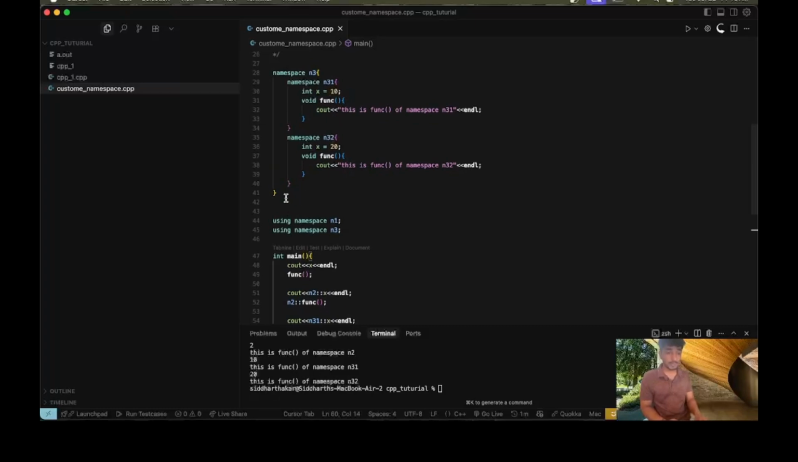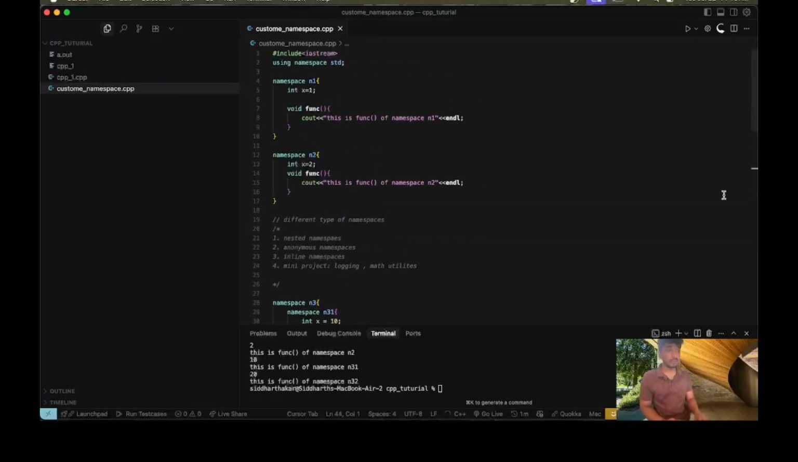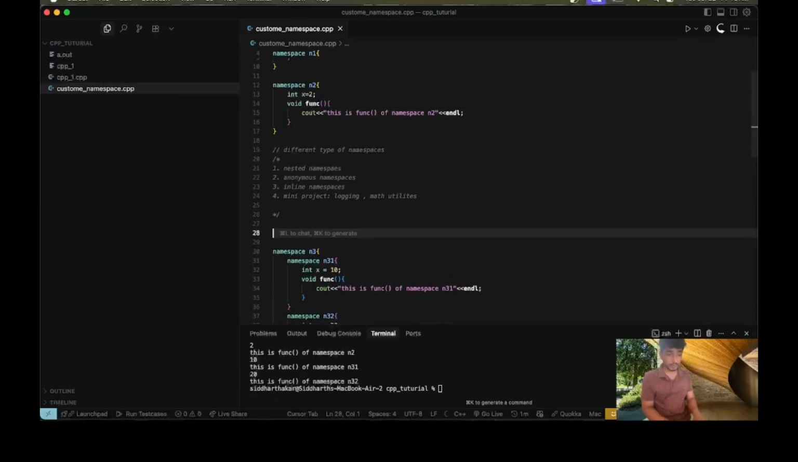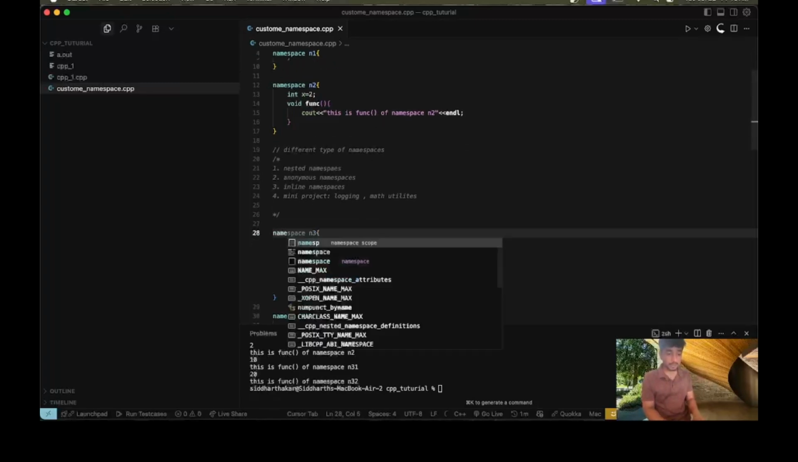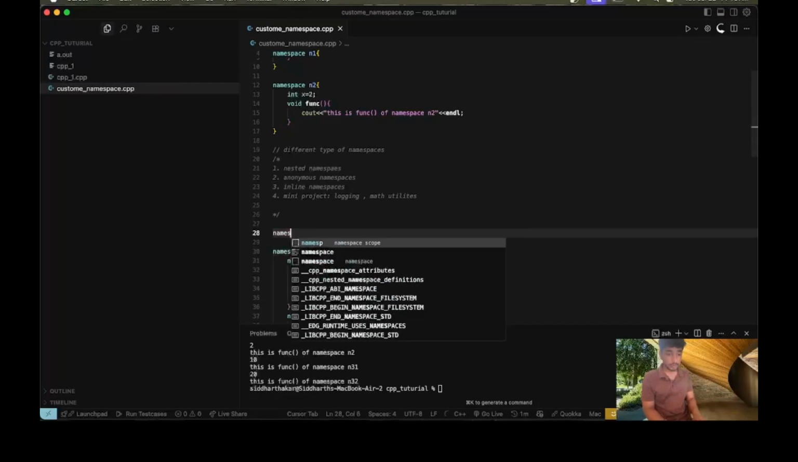Okay, now let's see the anonymous namespace. The anonymous namespace is quite special in C++, because it has no name, and anything inside it is only accessible from that file only. So an anonymous namespace doesn't have any name, and we directly declare it using namespace,